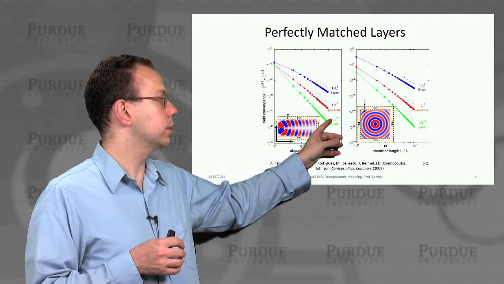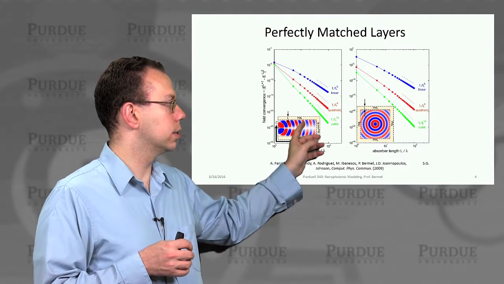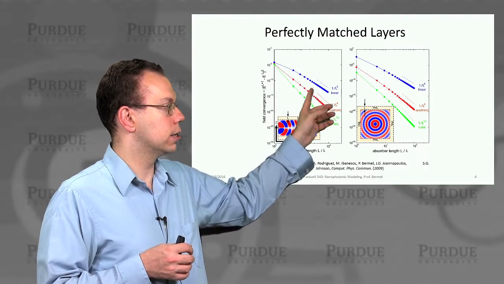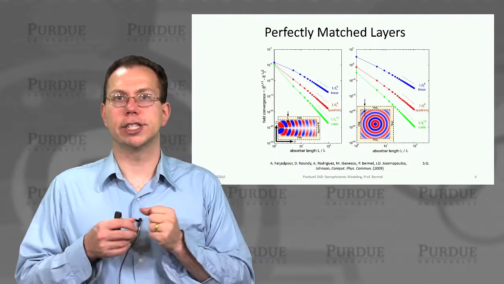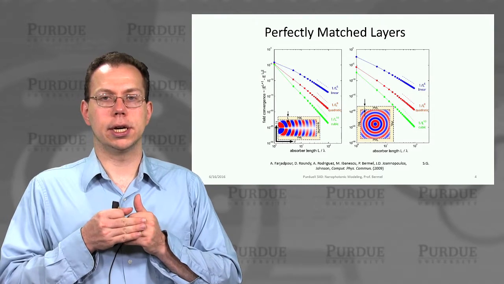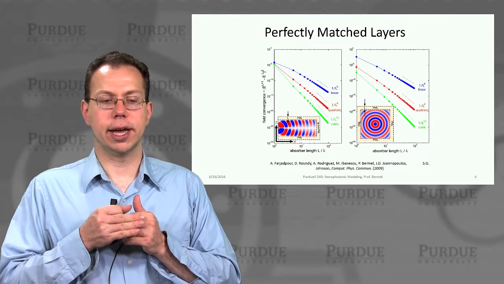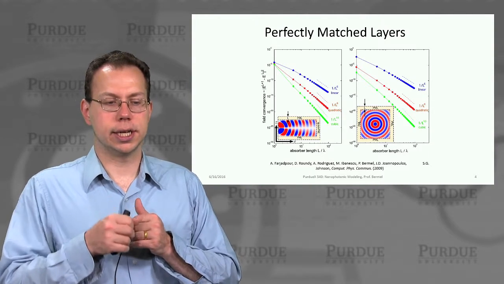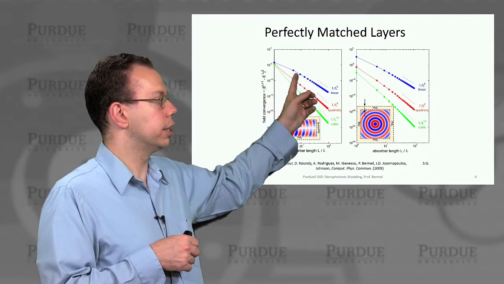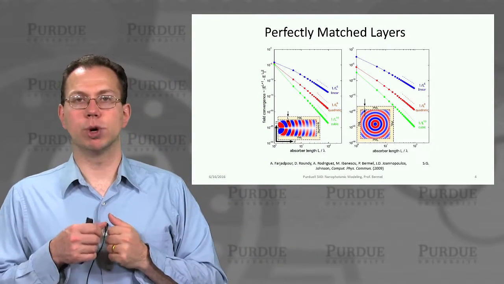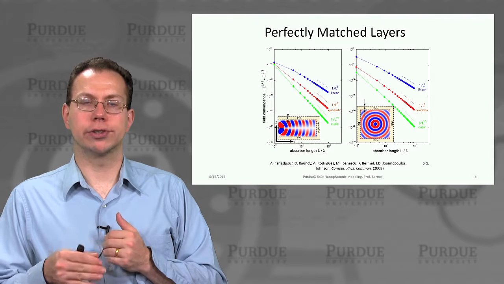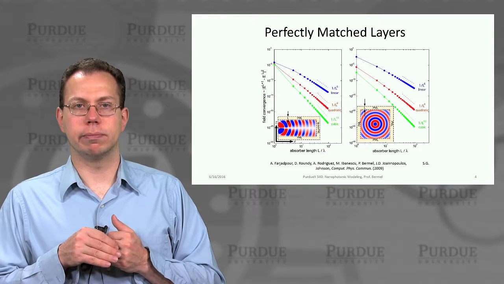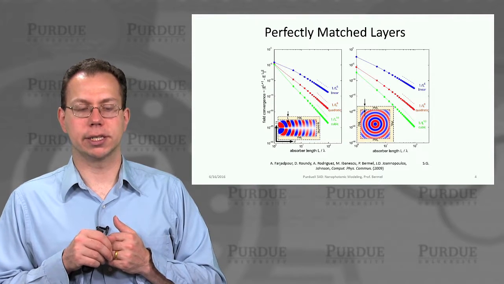And so here it's labeled, you can see as L, so it's basically the shaded region here. If you have a linear perfectly matched layer progression of both the electric and magnetic conductivity as you move away from the edge of free space, then you can see that making the absorber length longer helps because it becomes more adiabatic. In other words, you have a more gradual increase in the conductivity as you go away from air into the perfectly matched layer region.